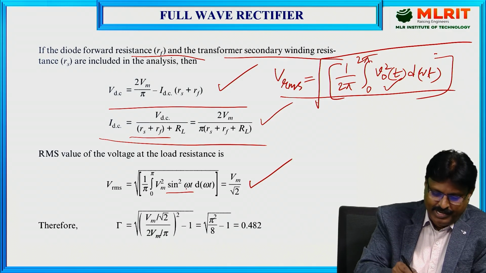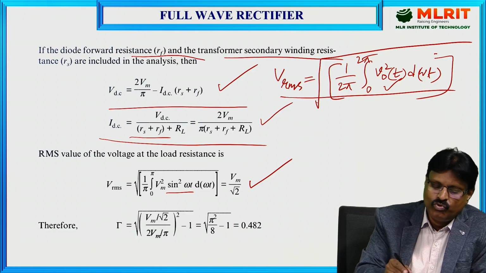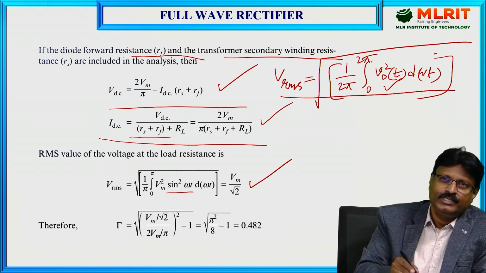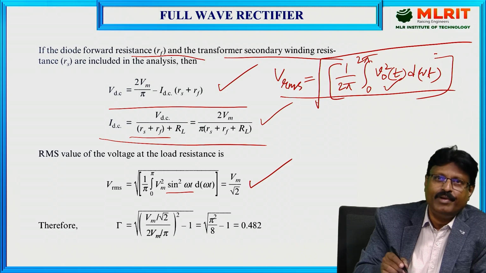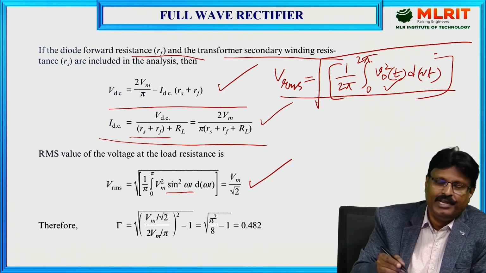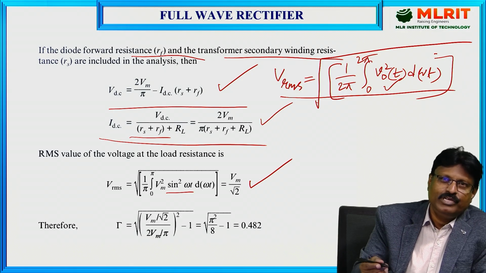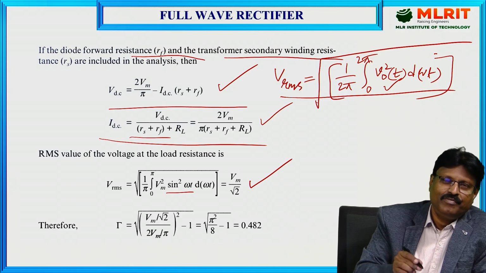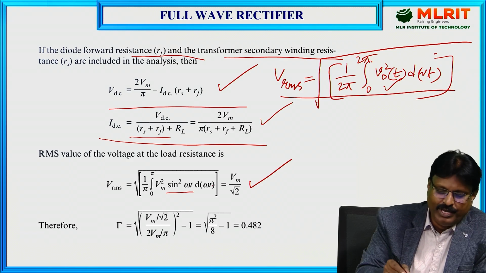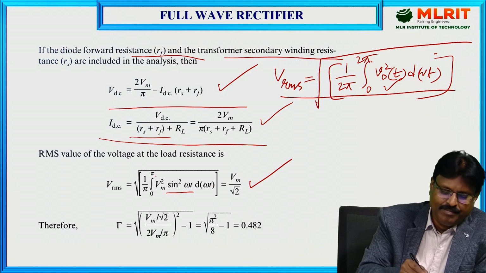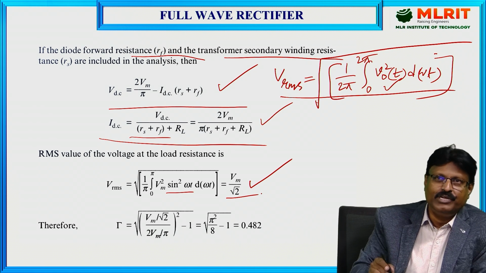Here simply observe, sin square theta is there. Sin square theta can be written as 1 minus cos 2 omega t by 2. So whenever you separate that equation, it is 1 by 2 minus cos 2 omega t by 2. If you go for the second part integration, cos will give sin n pi, which is always equal to 0. That's why the second term can be ignored. Only the first term is there. What is that? First term is 1 by 2. So 1 into d of omega t, you will be getting omega t. If you apply the limits, pi minus 0. So you will be getting finally Vm by root 2. So VRMS is equal to Vm by root 2 and